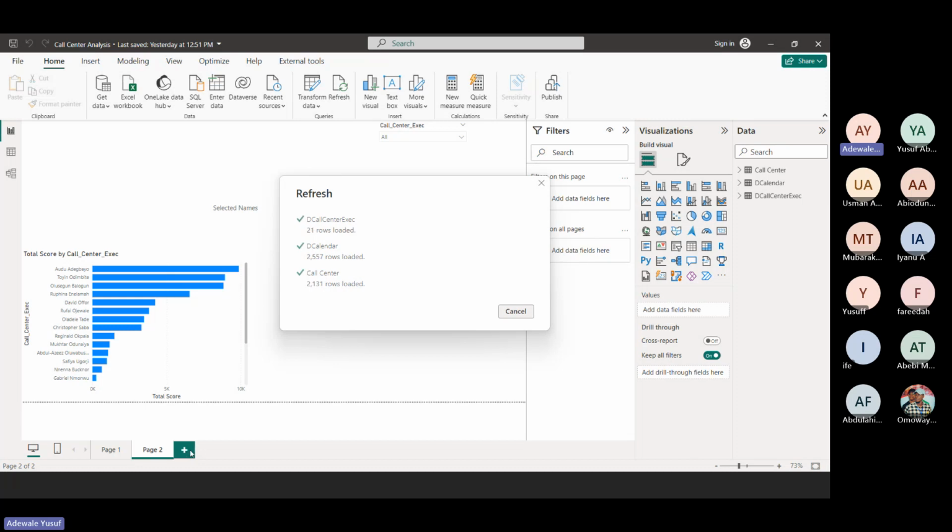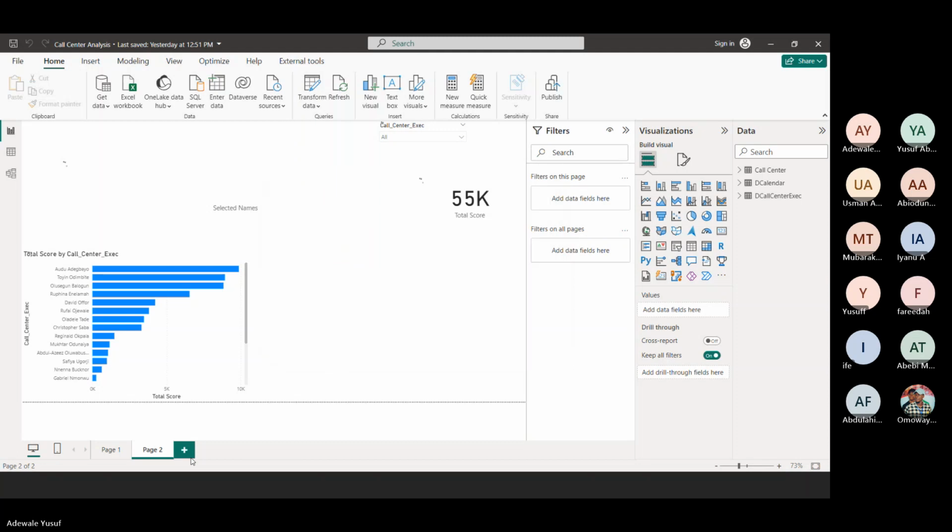Okay, so my data is loading. Let's give it some seconds. Right, great. The data is successfully loaded. Let me go ahead and start creating something. So let me open a new page.